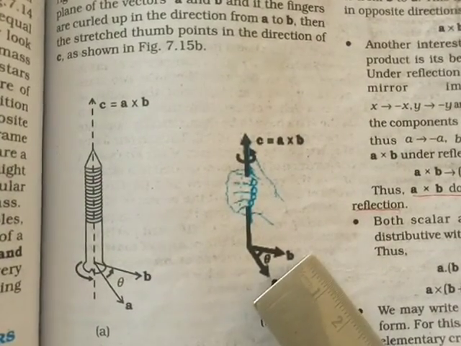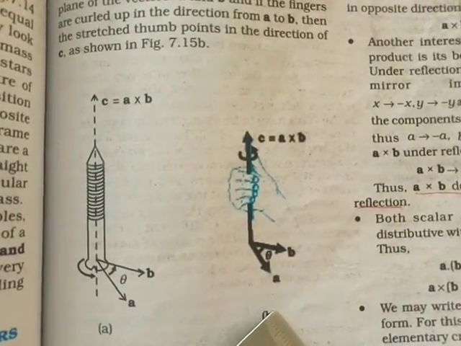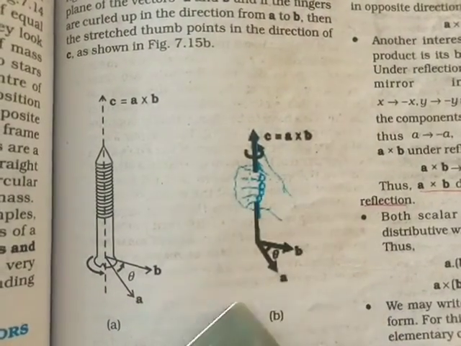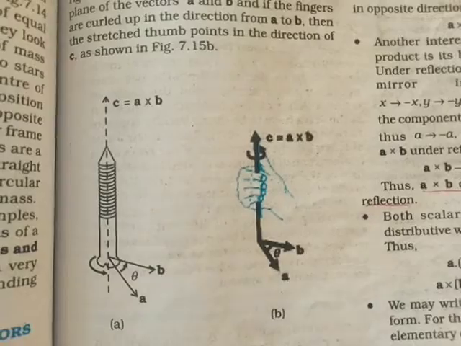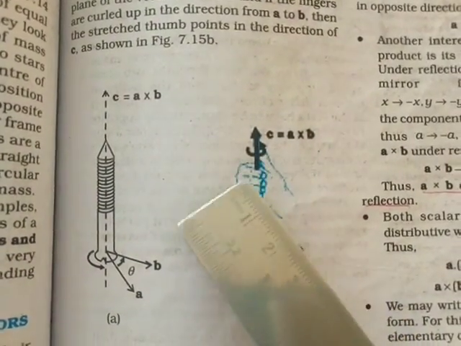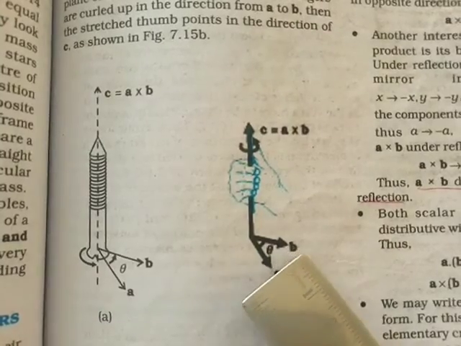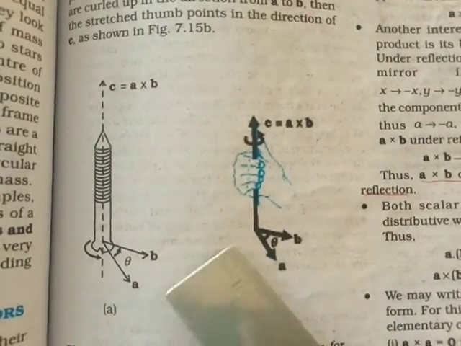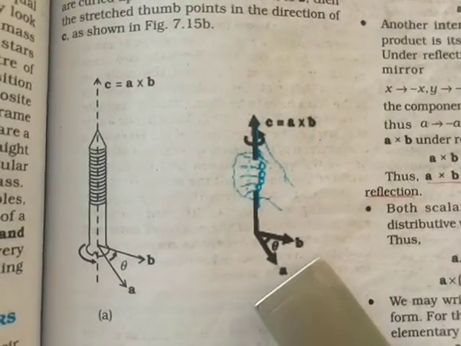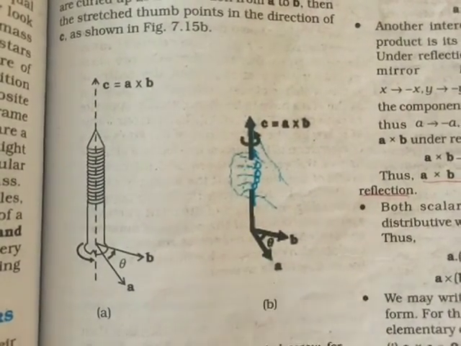If you want to go from B to A, then I will turn over from this side to this side. Then the direction will become downward. The vector C, the product of A cross B, will not be above but below when I take B cross A. B cross A will be downward. This is A cross B, which is upward. So if I take from B to A, it will be downward.